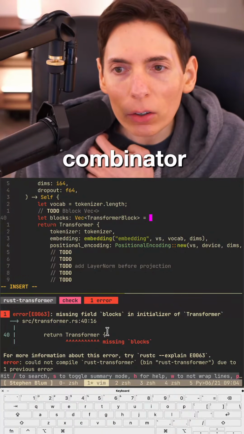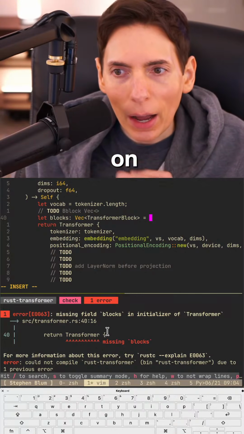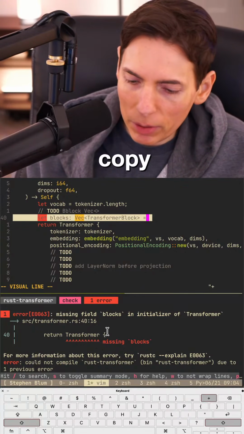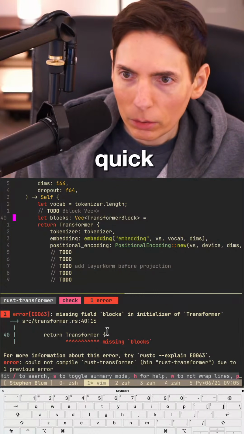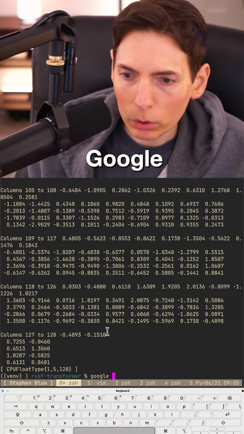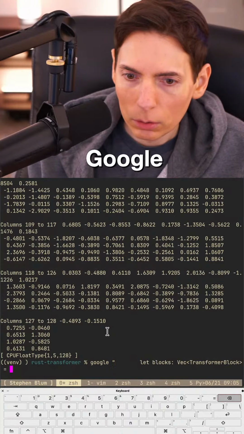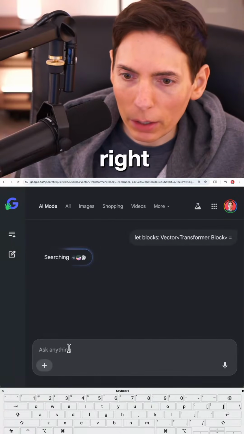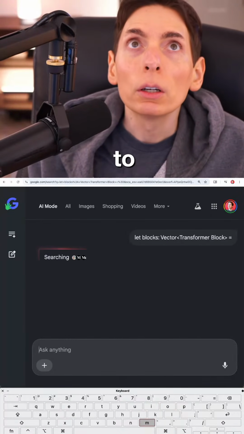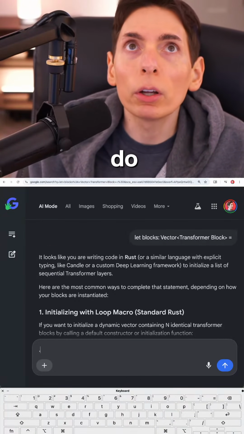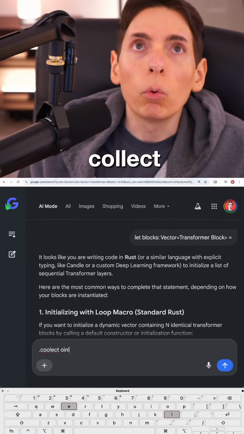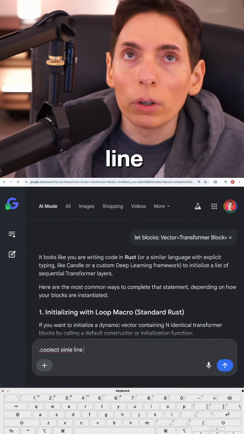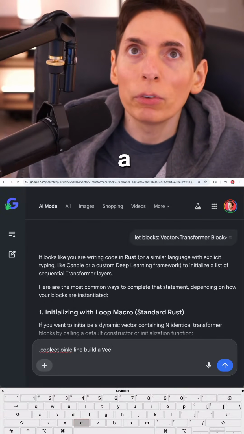Can I do a combinator on... here, let me copy and paste this real quick. Let's see here. Google this. Okay, let's go to AI mode really quick. All right, so I want to do a dot collect, one line, build a vector.